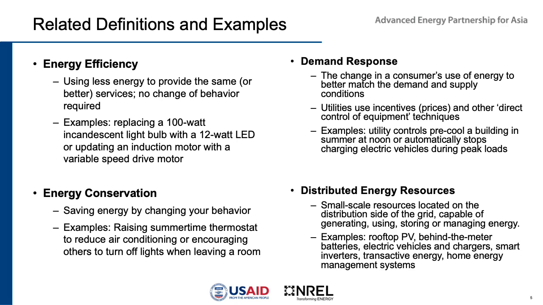These are widely diverse examples of distributed energy resources, but they include rooftop PV, behind-the-meter batteries, electric vehicles and chargers, smart inverters, which can provide special services for rooftop solar so that the panels are producing the right kind of power at the right time according to